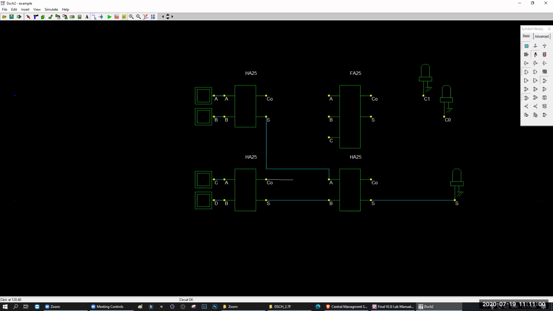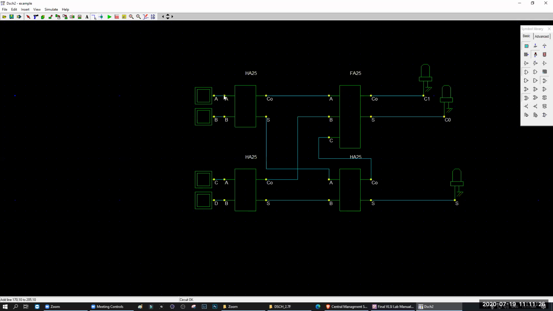The carry of these will go here. The carry of these will go here. That's okay, but okay, understand? The carry are added. Now remember, when you add the sum, that might also produce a carry. That carry has to go somewhere. That carry will go here. That's why we have used a full adder here. 3 half adder and full adder. Understand?